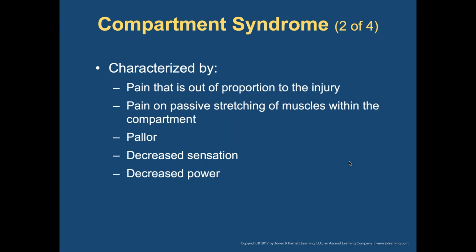So compartment syndrome, if you have a pediatric patient with a fracture below the elbow or knee, look for all of those below. These are indicators that the pressure within the fascial compartment is elevated and it needs to be addressed quickly. If you don't have it done quickly, you're going to be trying to play catch up and you don't have time to catch up for those injuries.